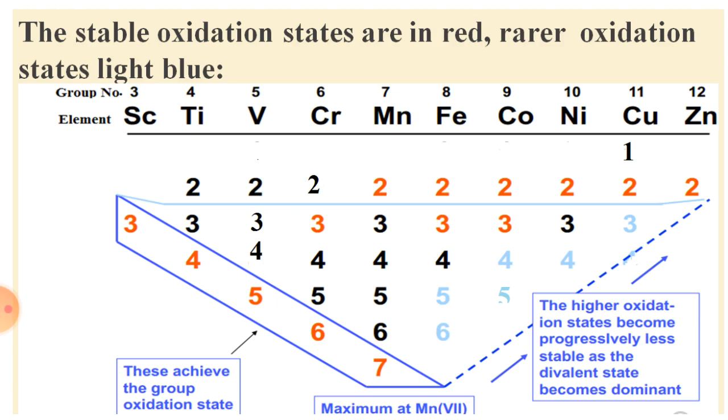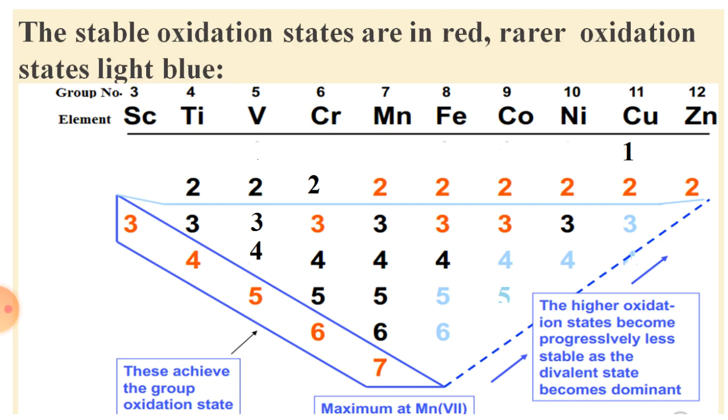Now the red color indicates the stable oxidation state, that is chromium is more stable in +3 and also +6 oxidation state. Similarly Mn is more stable in +2 and +7 oxidation state. That means this is due to either half filled or zero filled d orbital configuration. In case of zero filled, that is chromium +6 and Mn +7, they show the noble gas configuration. So that's why they are more stable in +6 and +7 oxidation state.